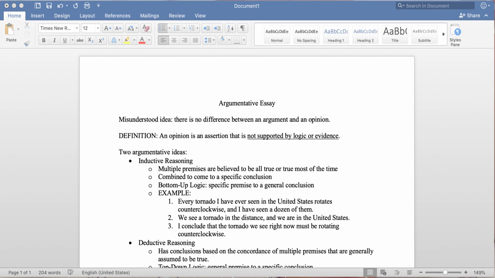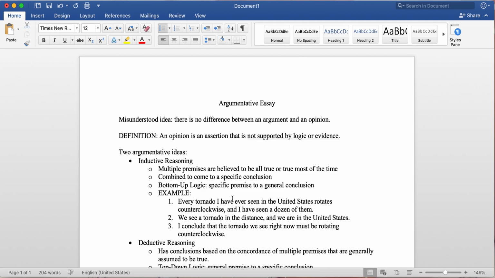Hey there, Foundations class. I want to talk about the argumentative essay that you're going to be working on. The point of the argumentative essay is to take a position on a topic and to convey your argument. We can get lost in the idea of arguing because the topic here says to write an argument. In the academic setting, you will all learn more about this in Comp 2, which is 10123.